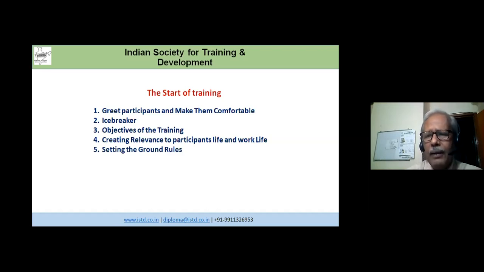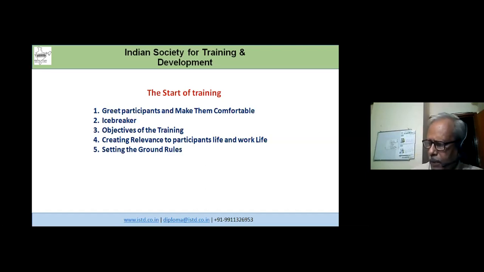The credibility of a trainer lies in how far he is able to relate that particular incident or experience with today's training program. And that will really make the participants in line with the trainer. They will become more interested in the training process and they'll become closer and come to the level of the training.